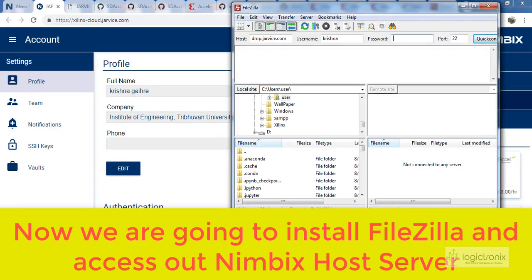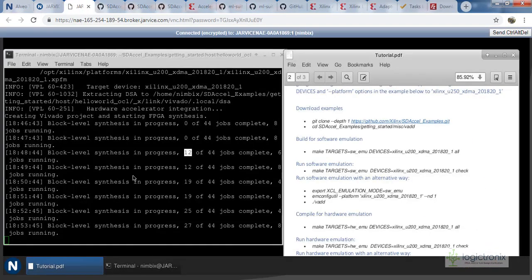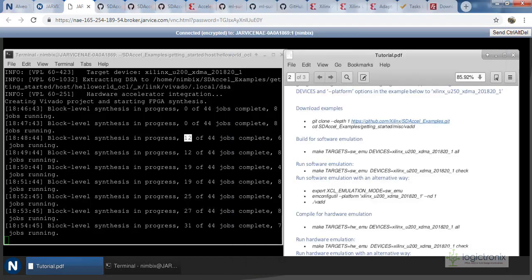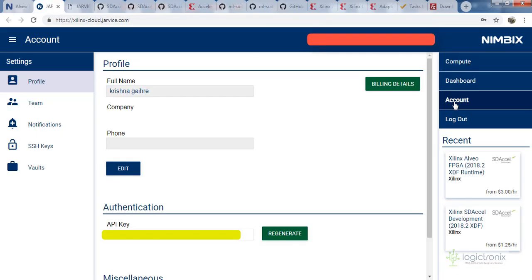So guys, we are going to access our machine, this machine which we are currently working on, from the FileZilla client. FileZilla is the application where we can connect with our host and transfer data to and from the host. The host is drop.jarvis.com, the username is our username, the password is actually the API key, and the port is 22. So let's see about the API key. You can get your API key from the account